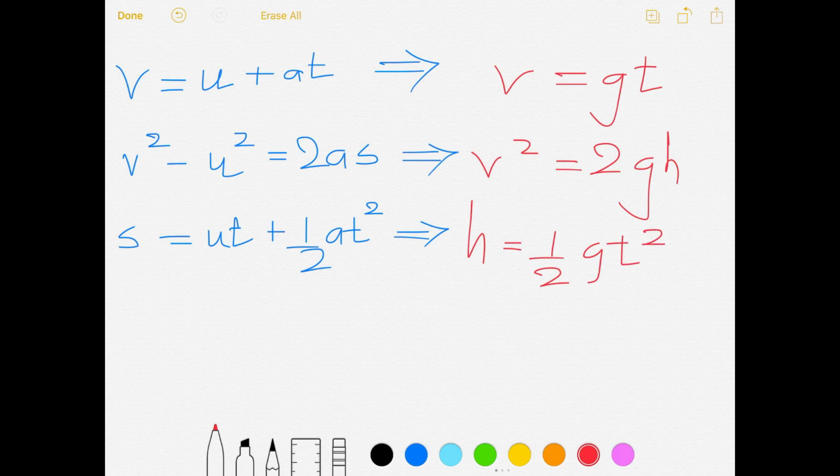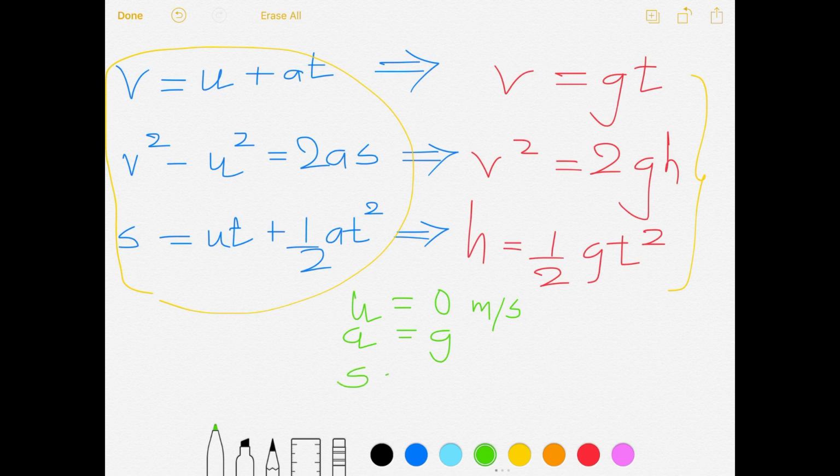So finally the conclusion, if you remember these three equations very well, you need not remember these equations. You can simply modify those equations in your mind. It will take 1 or 2 seconds, right? What are the things that we need to keep in mind? First, the initial velocity of the object in case of a freely falling case, it is 0 meters per second, the acceleration becomes acceleration due to gravity, and the distance becomes height. Just keep these three things in your mind and you are good to go.